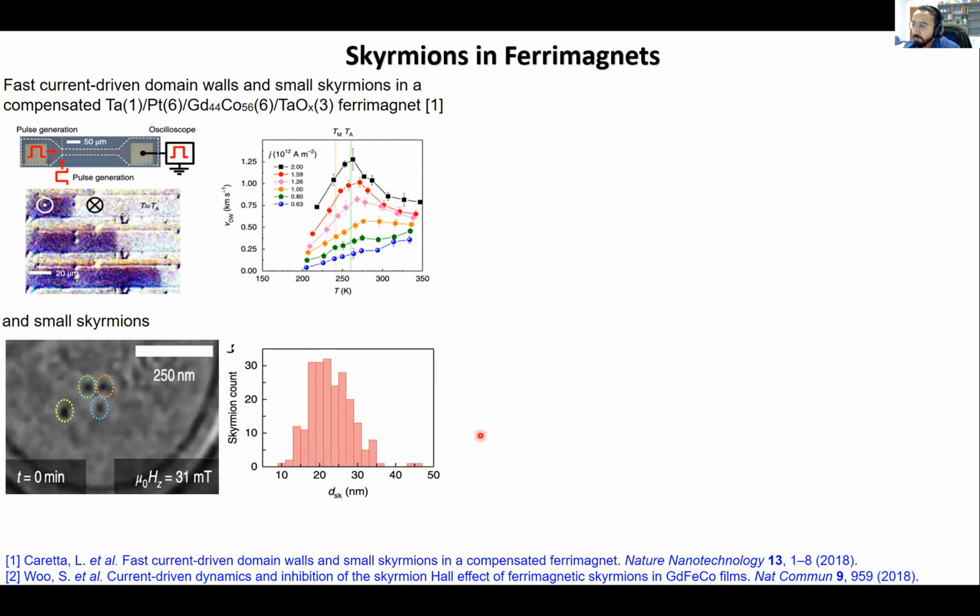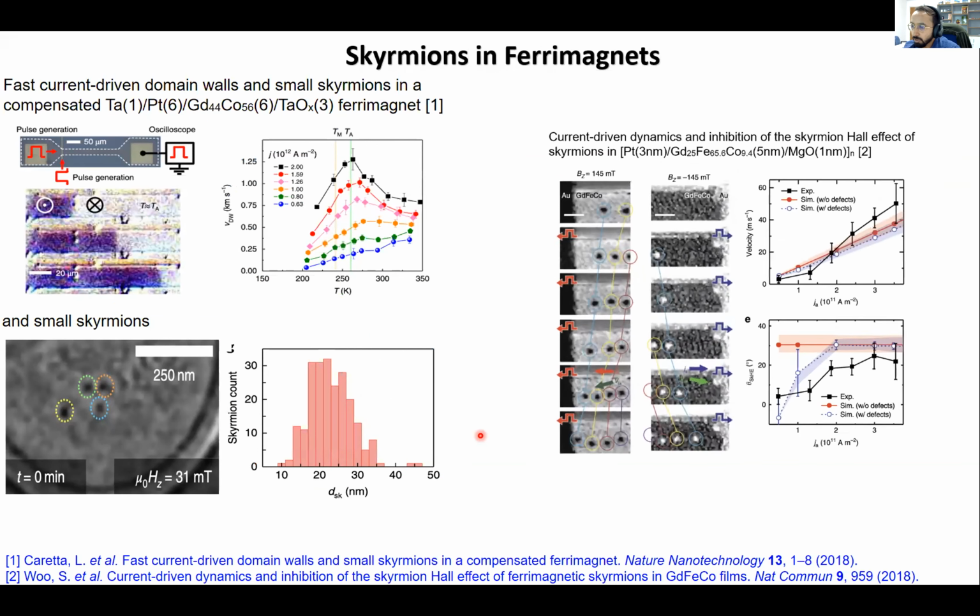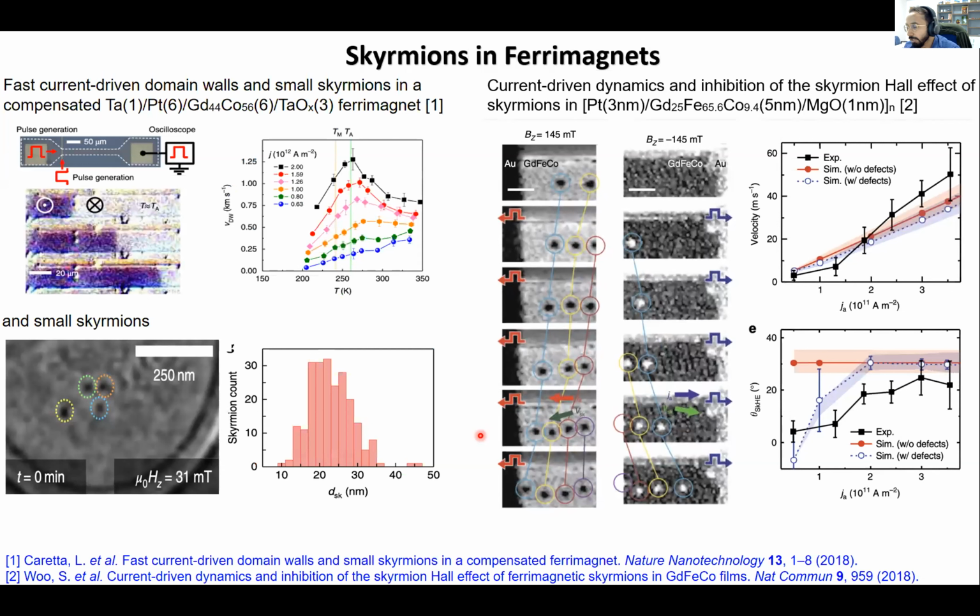Skyrmions in ferrimagnets have been researched, let's say, post 2018, and some work has already been done. In the last 3-4 years, we have seen some publications where skyrmions have been generated in ferrimagnetic materials, and where we have seen very low skyrmion Hall effect. So indeed the simulations and the theory were right, and we are able to see the effects here. And the current densities required are also considerably lower, but not as low as we would like them to be.